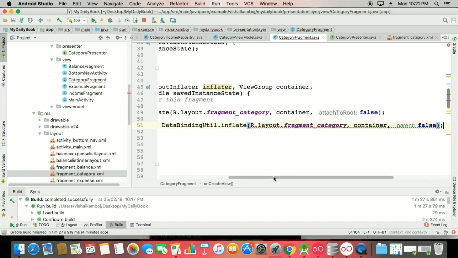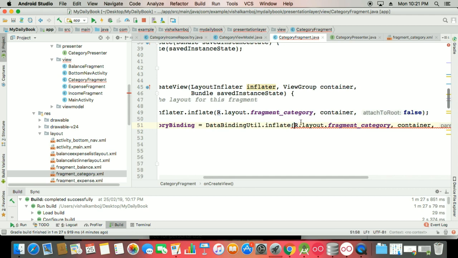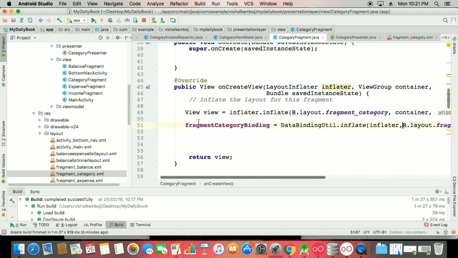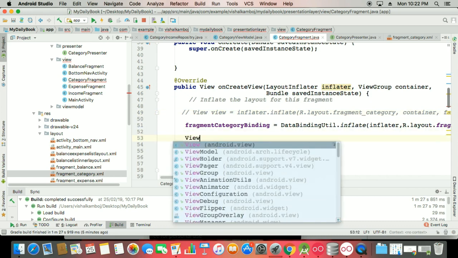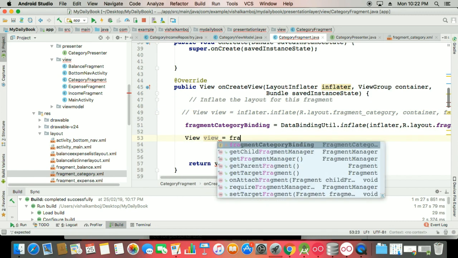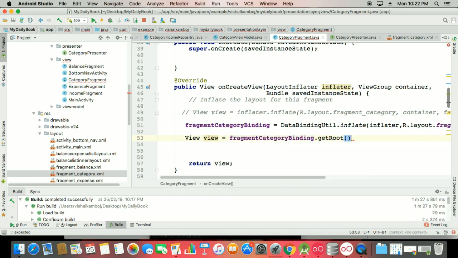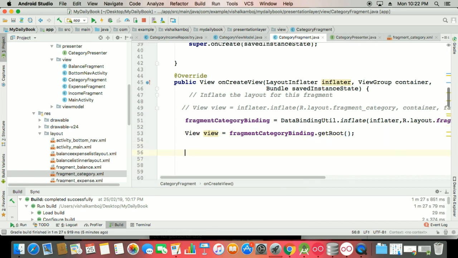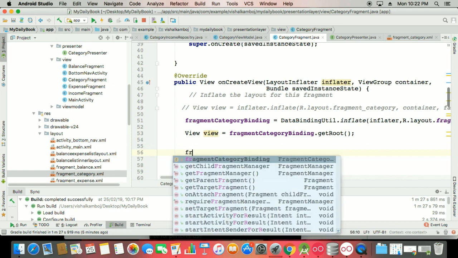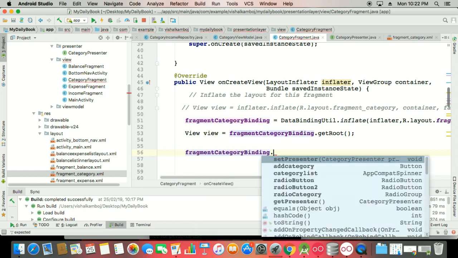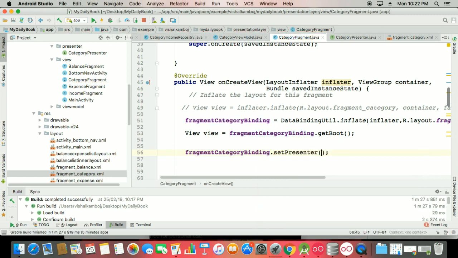And one more thing you need is your inflater here, which we have to inflate. Okay, and just no need of this, you just make the view be as fragment data binding dot get root. So it becomes so easy whenever you work with the fragment binding. Okay, and now we have to set the presenter, so you can say fragment category binding dot set presenter